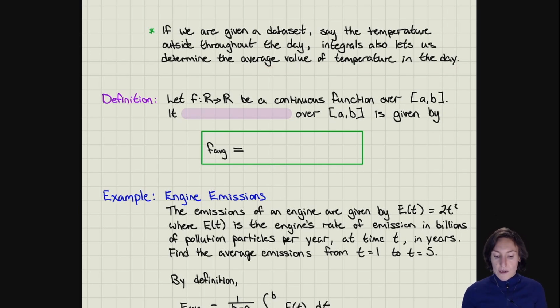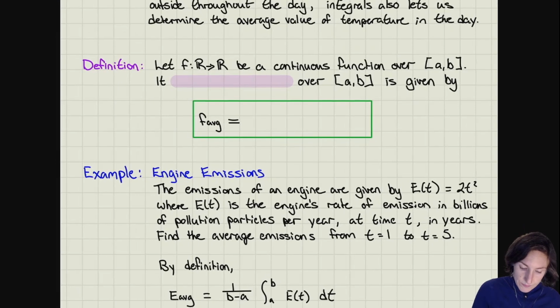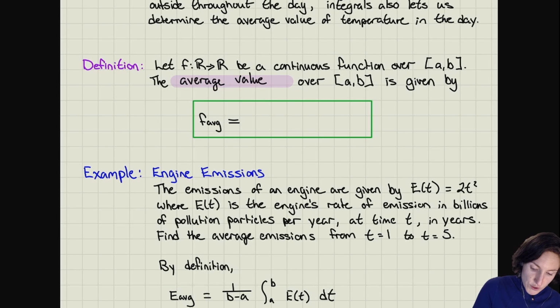Or in general, if you set up the integral a certain way, you can look at an average value of some sort of quantity. And this is a definition. Say we have a continuous function over [a, b]. Then the average value, we'll call it f subscript AVG,